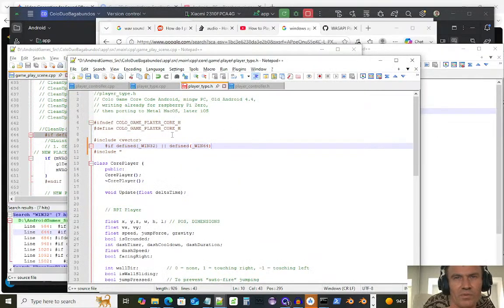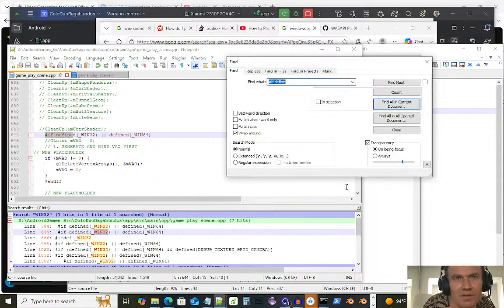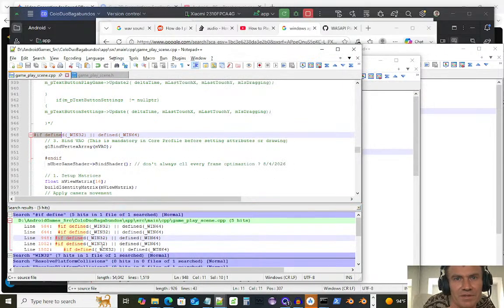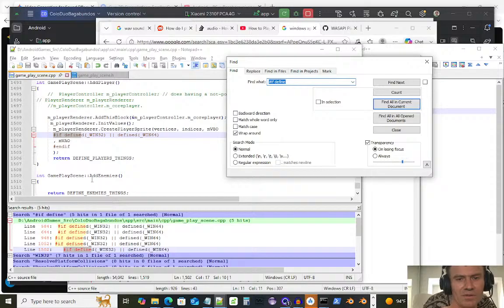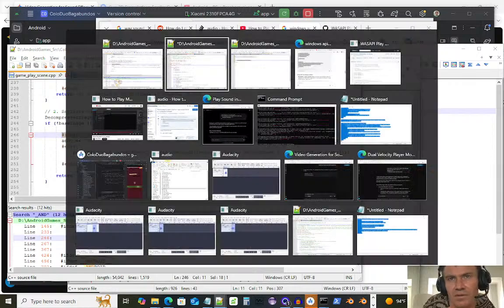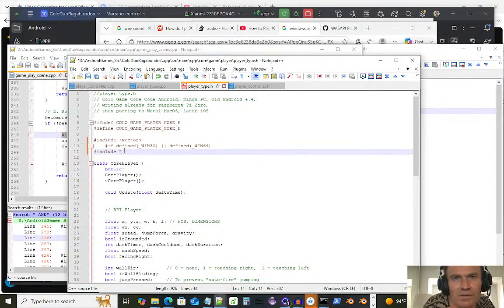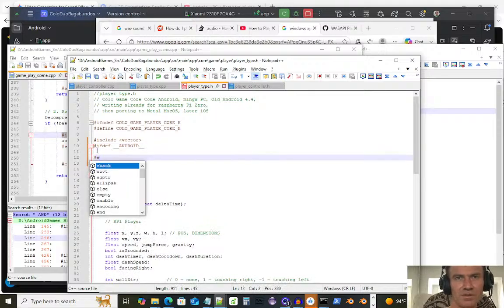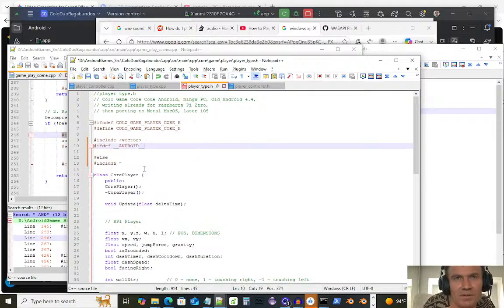I mean, we can next. Or we might as well set it up so we can do both. We'll do it like this. Android else, and if